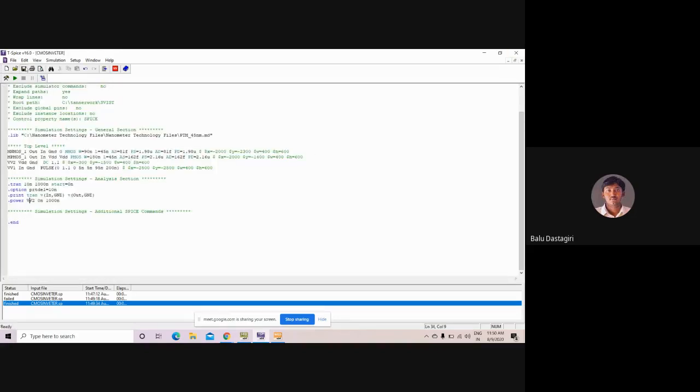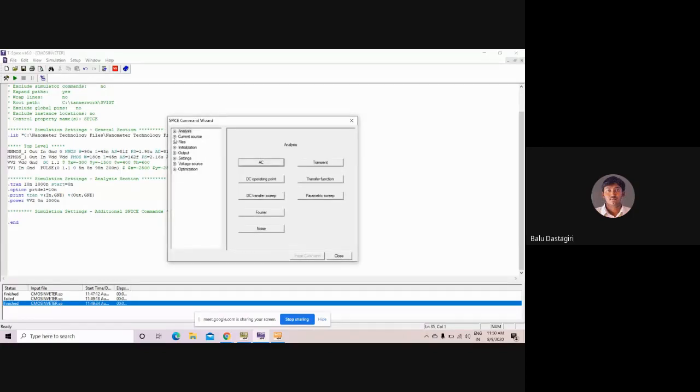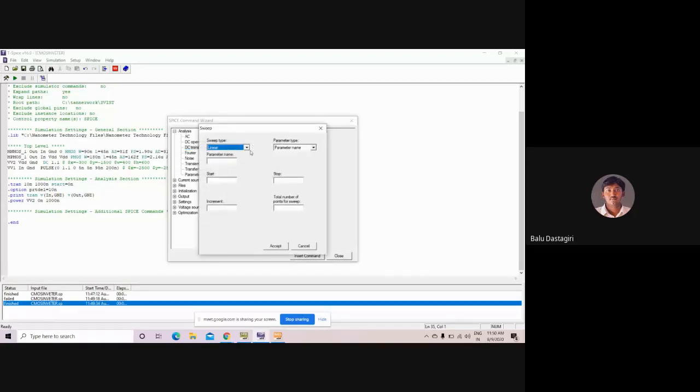Similarly, let us see how the DC analysis will be done for the same circuit. So go to the SPICE command, DC transfer sweep here. Sweep 1, linear. I take the parameter name as VV1 here.